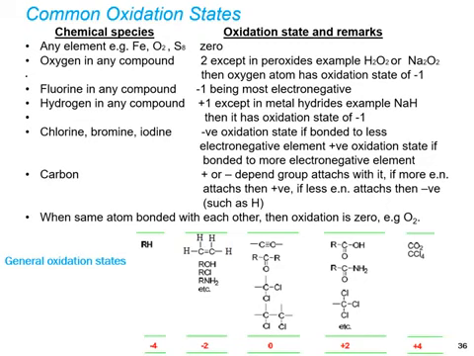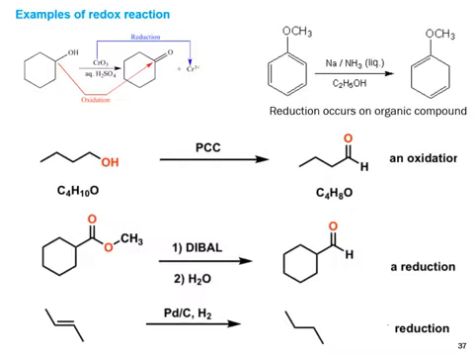When an alkyl group is attached with hydrogen, then it is -4. When a double bond or other functional group is present, then it is -2. When a molecule occurs in these oxidation states, then 0, +2, +4. These are general examples of redox reactions. In the first reaction, the organic moiety changes from alcohol to ketone. Then the oxidation state